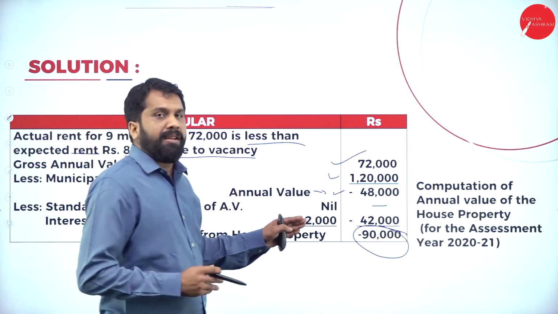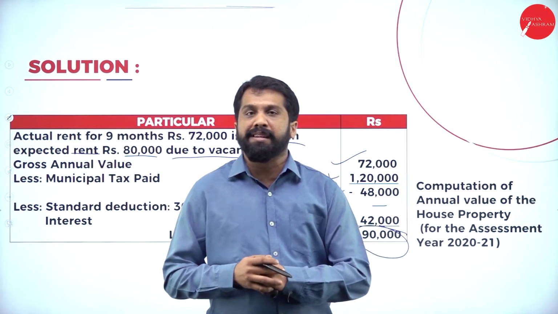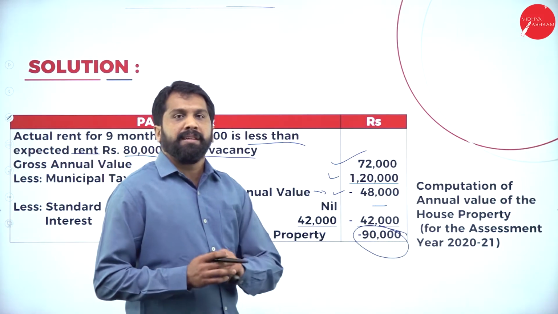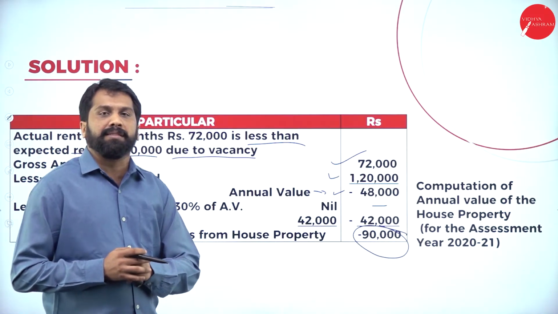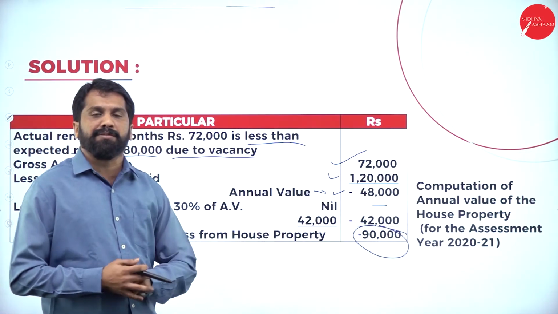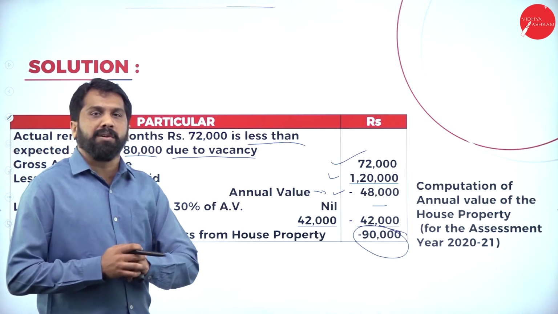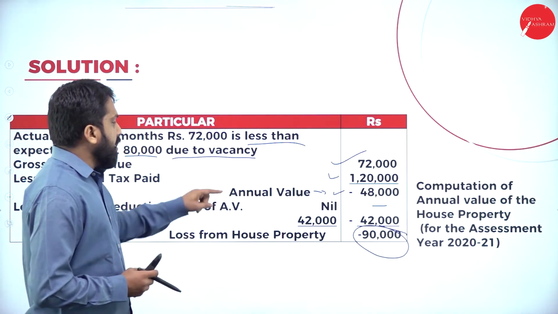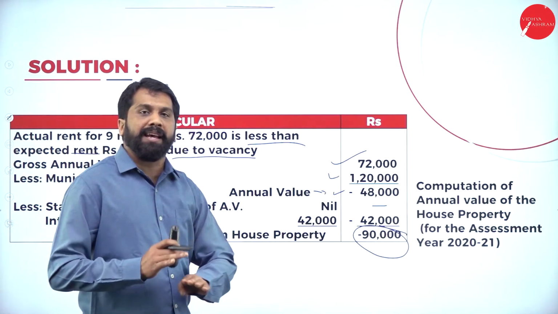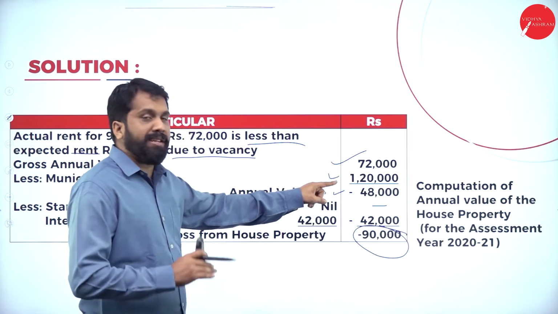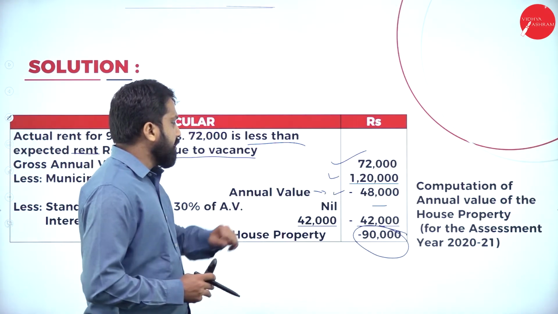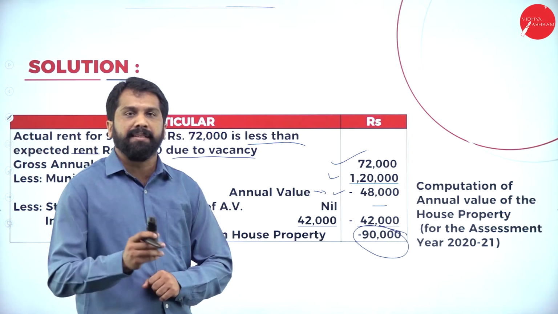So next year, if you have anything like house property income, you can claim this. You can set off this. Okay. So in this semester, you don't have the set off and carry forward chapter. In the next semester, I'll explain better how to set off this house property expenditure or losses. Clear? Yes. Remember, if your annual value is minus figure, the 30% calculation will not come. Again, I'll repeat. If the annual value is in minus figure, you are not supposed to calculate your 30% of standard rent. Clear? Yes.